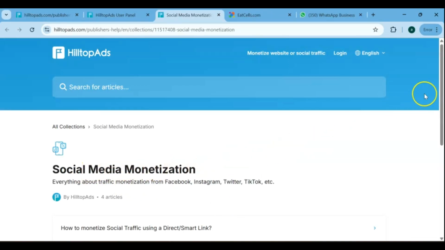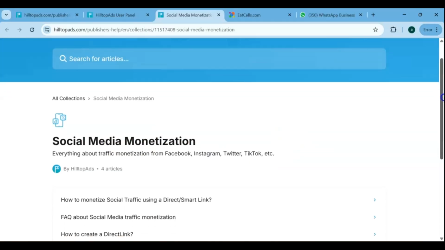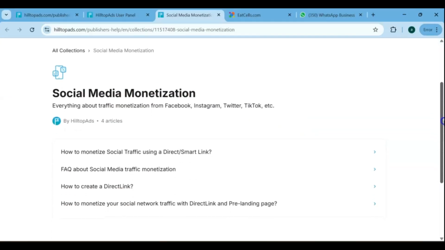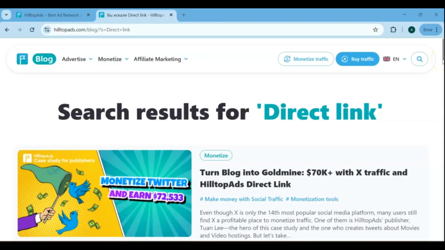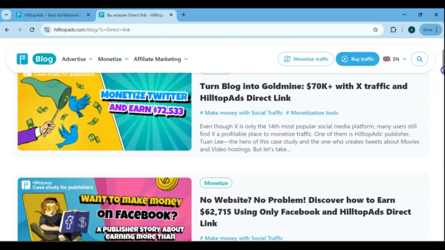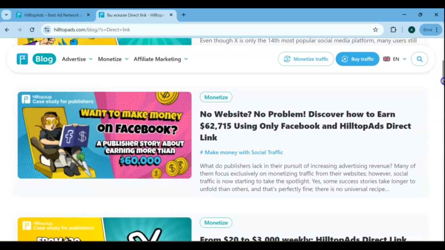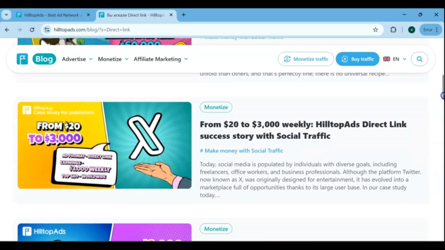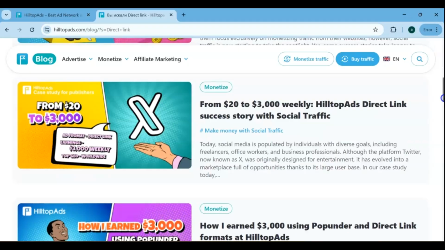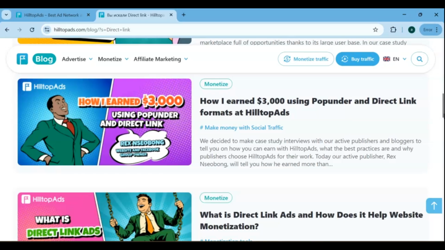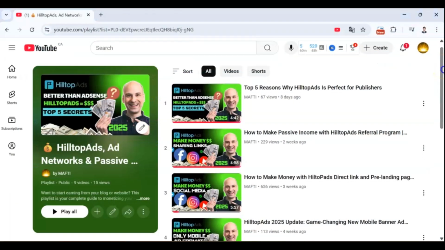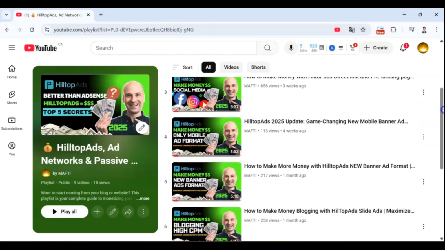The platform provides a comprehensive, step-by-step guide to help you effortlessly create a direct link and seamlessly integrate it into your landing page. Plus, you'll discover expert tips on how to leverage social media effectively, boosting your reach and enhancing engagement. Learn how to effectively utilize each social media platform with tailored strategies and gain actionable insights to drive traffic, increase conversions, and maximize your revenue potential. With these proven techniques, you can optimize your online presence and turn your social media following into a reliable source of income.